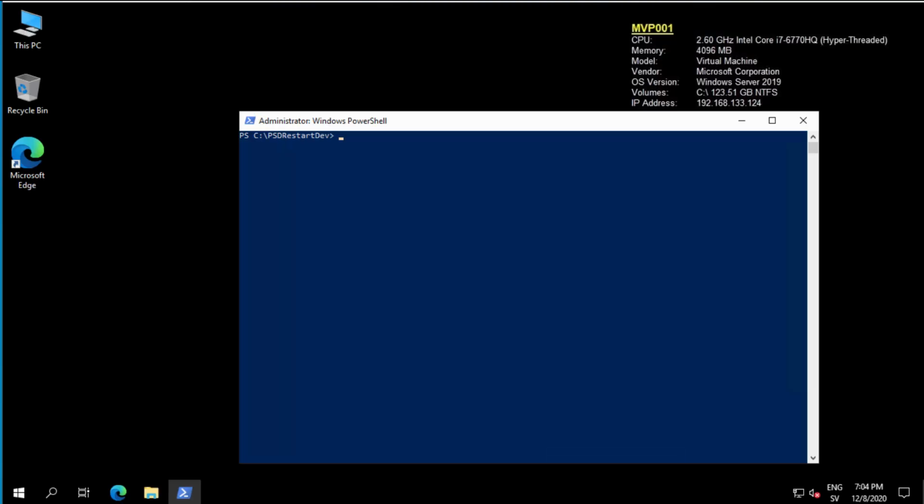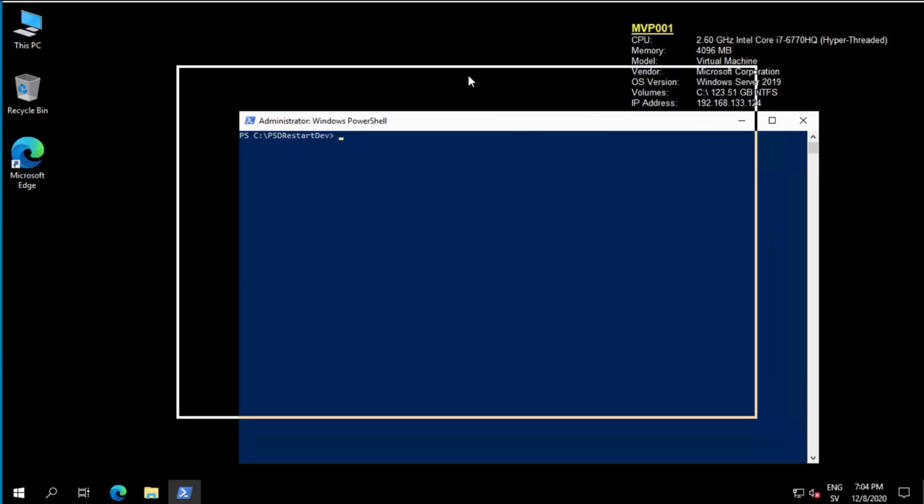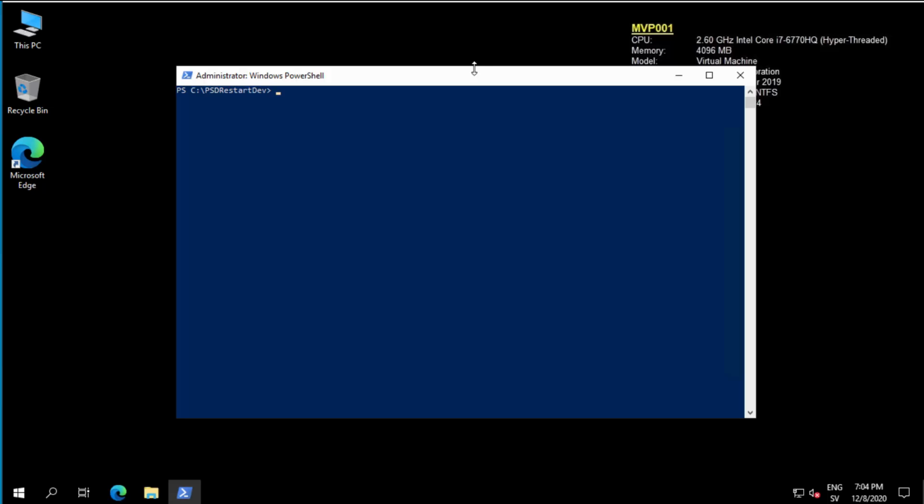Okay, so here we are. This is a Windows Server 2019. It's a workgroup machine, could be domain joined, doesn't really matter. We installed ADK, we installed WinPE, and we installed Microsoft Deployment Toolkit. That's the only thing we installed. We haven't created anything. So the first thing would be to download